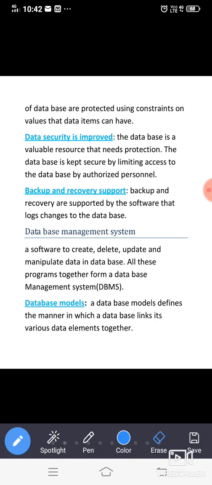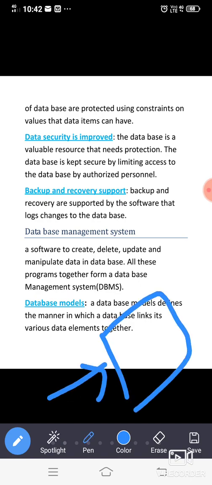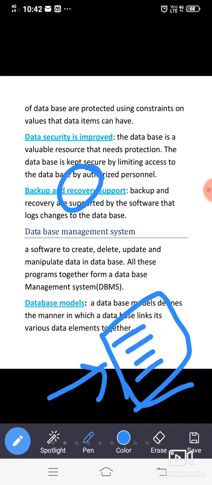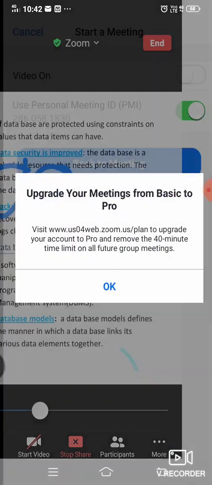So for that purpose, you make an extra copy of the data, which is called the backup. Recovery means the data is already corrupted because of a virus or something, so you want to recover it. Recovery can happen only in case of a minor loss, but backup is needed whenever a major loss is going to occur, keeping in view of